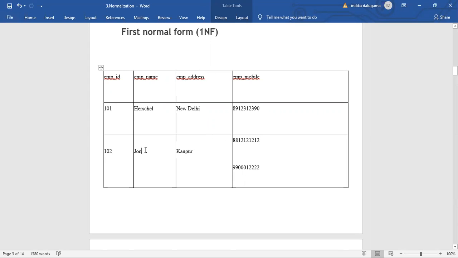So this is not the way. This is an incorrect table. If a record has more than one value in an attribute, if there are more than one number, we can't search it. In the database we use search on data,